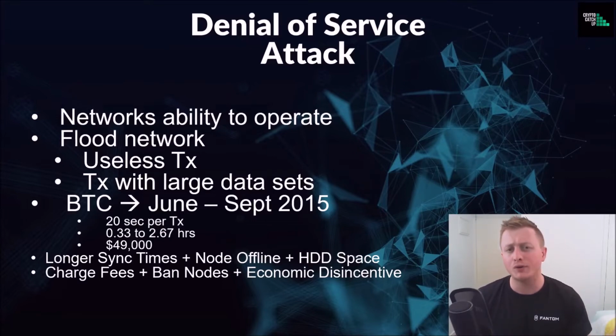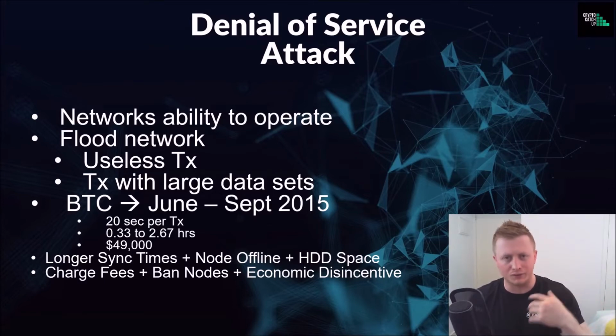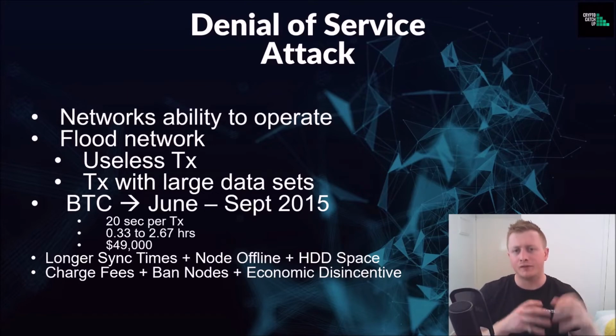So what can we do against that? Well, we can charge higher fees. By charging fees, you stop them being able to spam the network with inundated amounts of traffic because they have to pay for it. So it gets to the point where we actually want to have this economic disincentive, that it would be more expensive to spam the network than